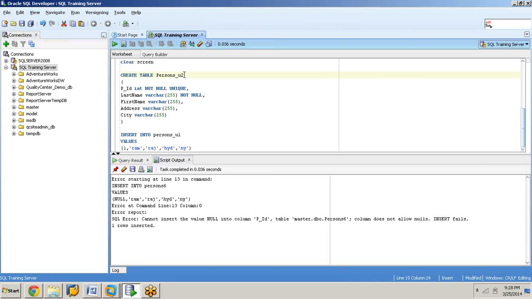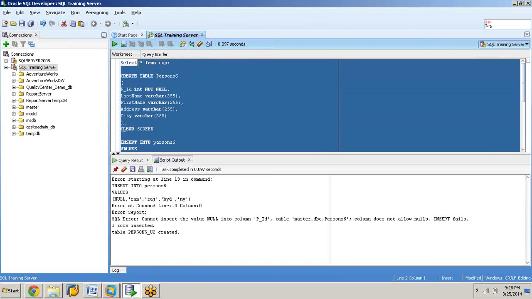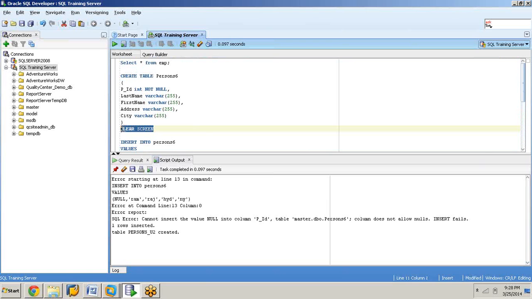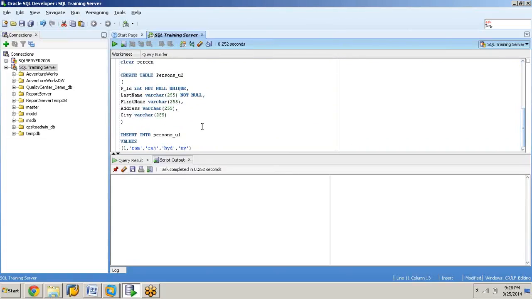So I'm defining U2 table, okay? Persons unique to table. U2 created. Let me clear the screen. Okay. All right. So now persons U2,